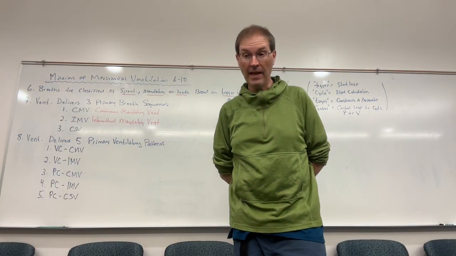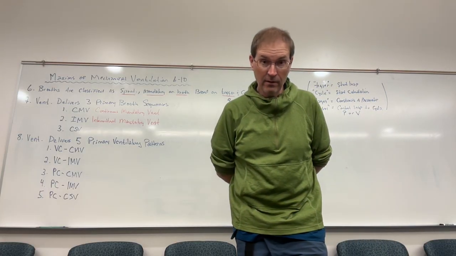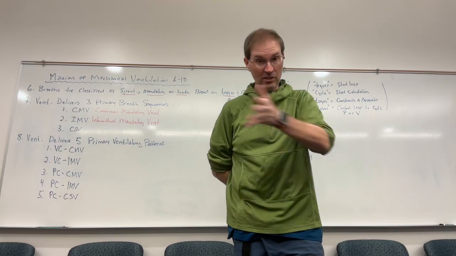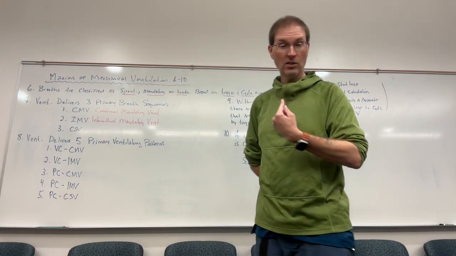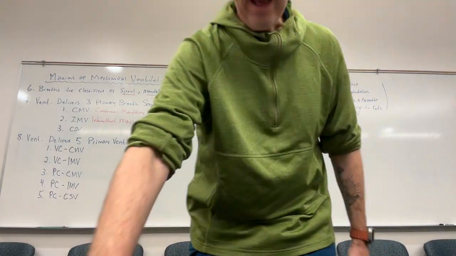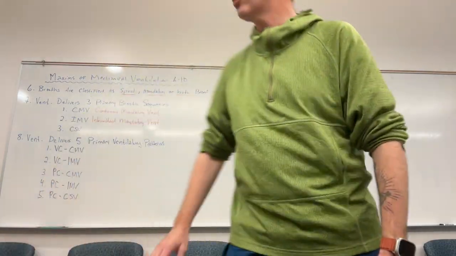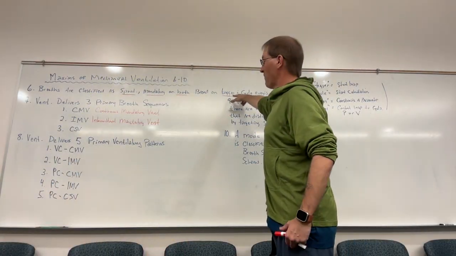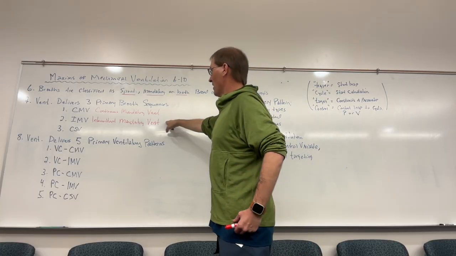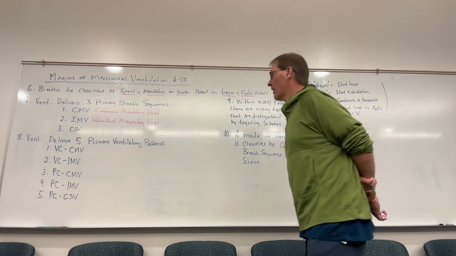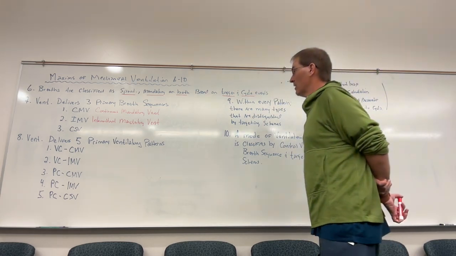It may be an assisted breath, right? So you can have an assisted spontaneous breath, but when we say a spontaneous breath, we're saying that a spontaneous breath is a breath that is triggered and cycled by the patient, not the ventilator. So IMV is where there is a combination of